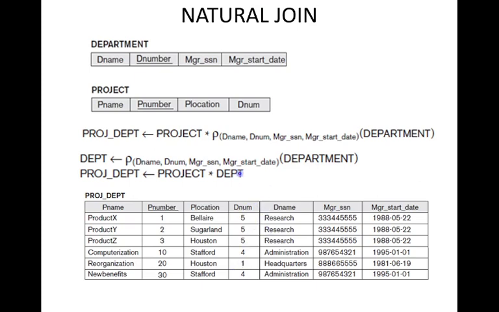In the standard definition, if the attribute names are different, d number and dnum, we have to rename one of those attributes so that it is the same as in the other relation. So we are renaming this d number to dnum so that these two attributes are the same. Then we perform this join operation, and in the final resultant table we have only the dnum column, not two columns. That is why we remove the superfluous attribute in natural join, compared to eq join.